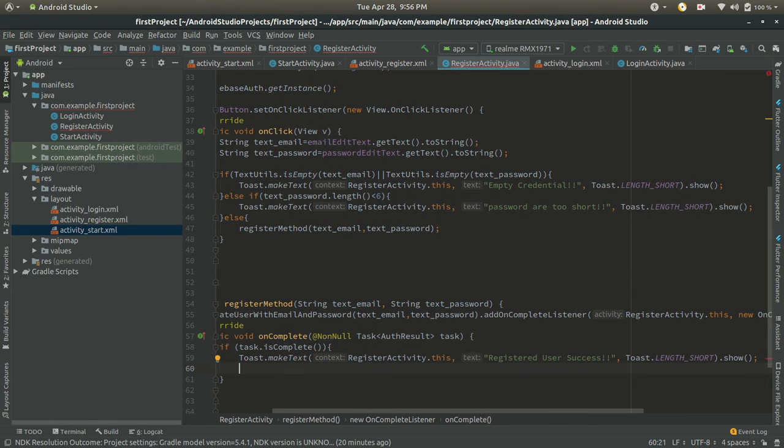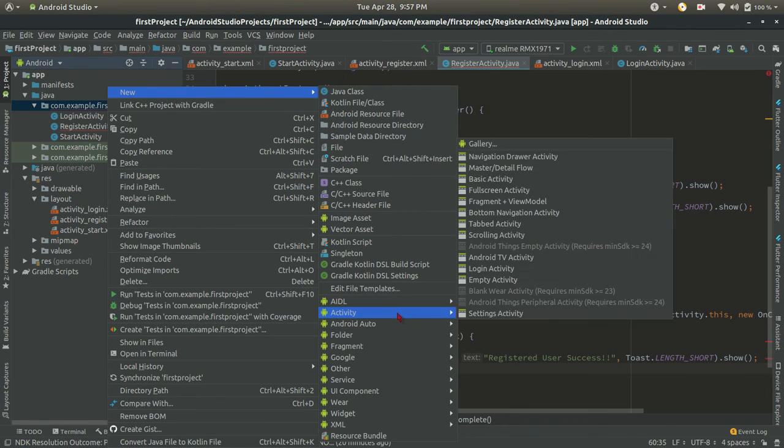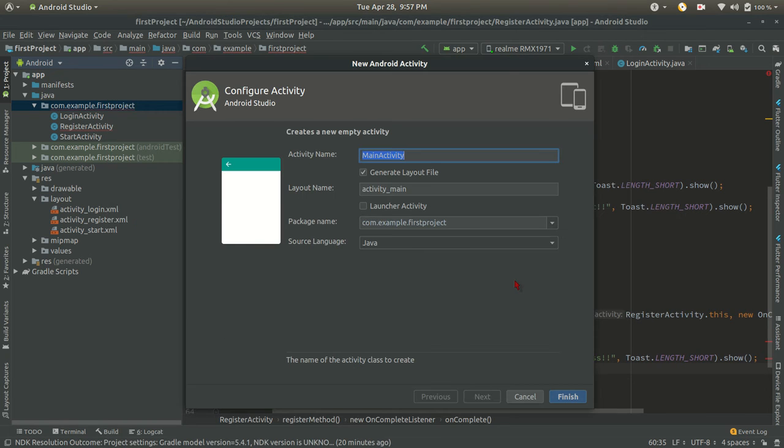So the registered user success, and after that start activity, and we will go to the main activity. So we have not created a main activity yet, so come here and create a main activity. New, go to the activity, empty activity, and the main activity, just finish it.